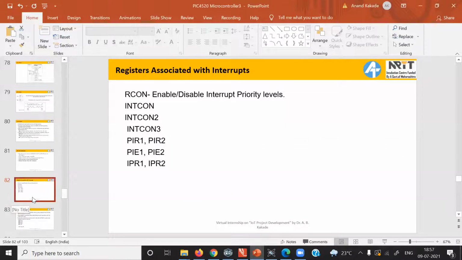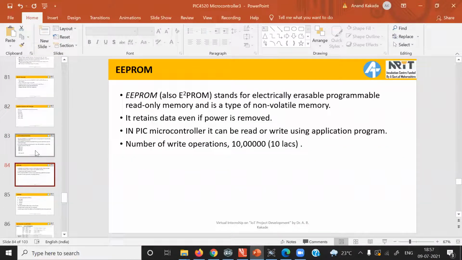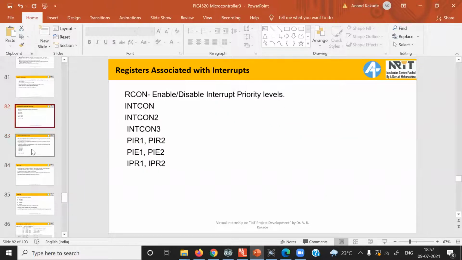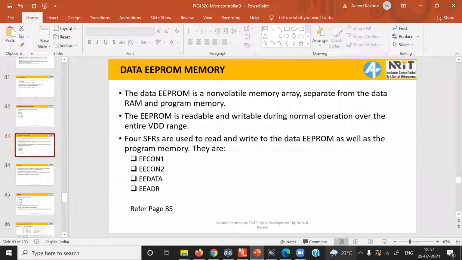Next, we will move on to EEPROM. In PIC microcontroller, on chip EEPROM is available, and this EEPROM is readable as well as writable. EEPROM holds the data even though power is switched off, so it is non-volatile memory. If you are developing some kind of product, and you are doing some operations when power is on, and you want to recall these operations when power resumes, you can save these conditions in EEPROM memory.